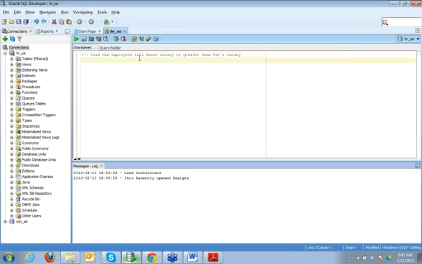First, we need to break down this query into different parts, like the way we have been doing so far. So find the employees info: we have to write select star from employees, right? Whose salary is greater than Pat's salary. So where salary is greater than, let's say, Pat's salary.